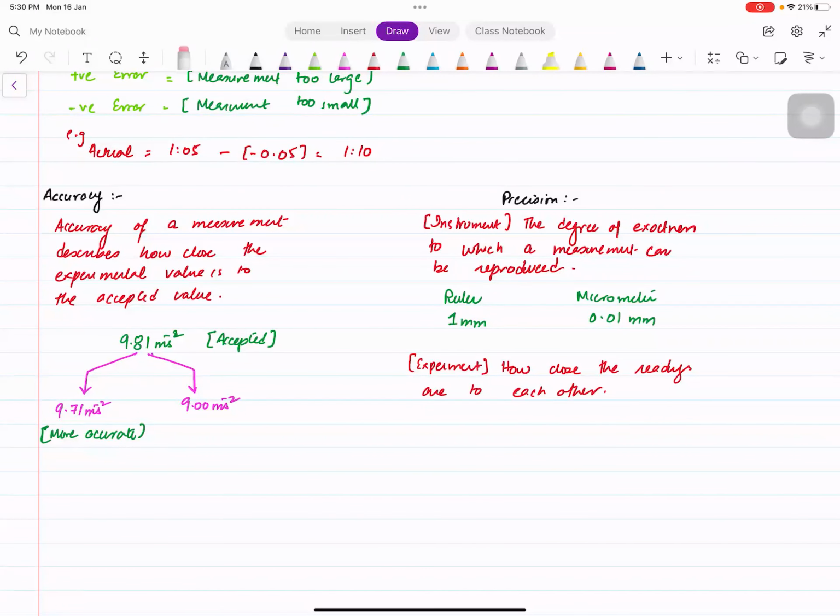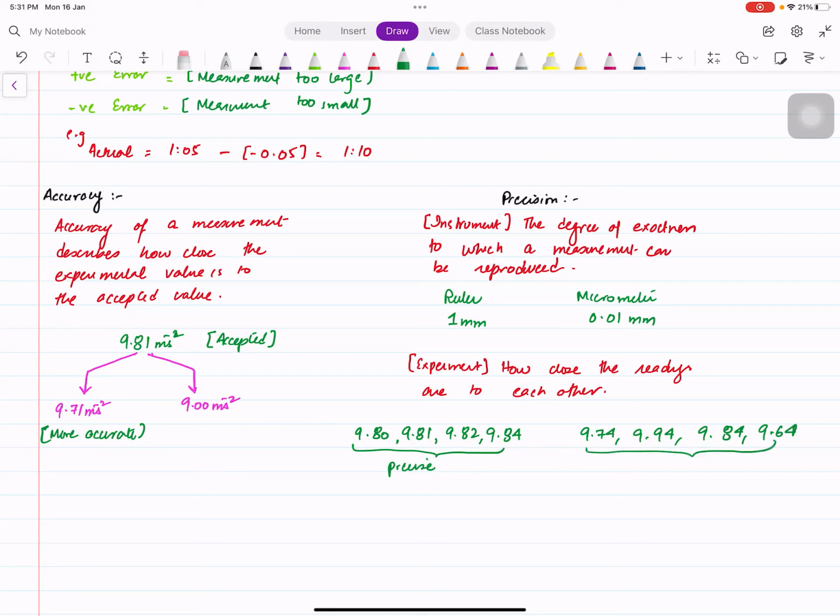So, speaking of the same thing, now you have taken like one student got 9.81, 9.82, 9.84, and maybe 9.80. Because all these values are very close, they're precise compared to somebody who got 9.74, 9.94, 9.84, and 9.64. Now, although both sets of values are very close to the actual value, these values are not